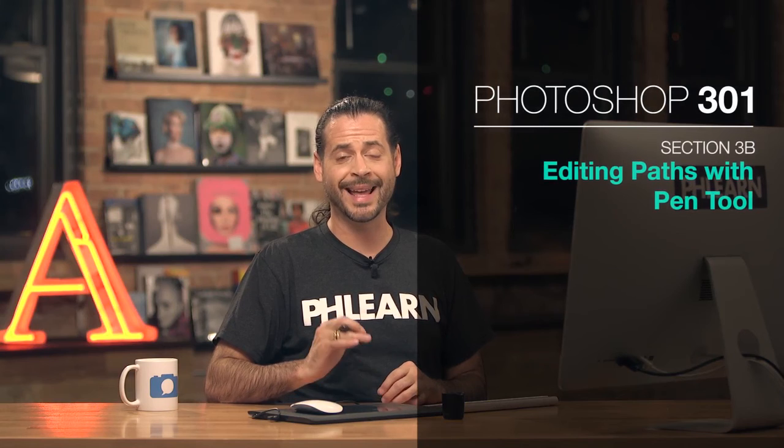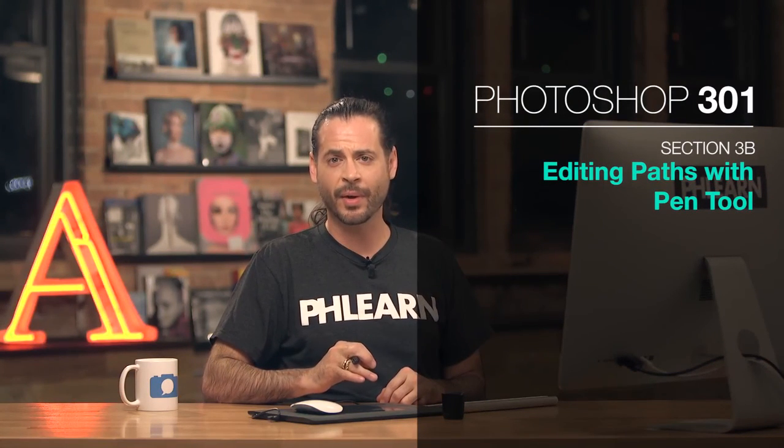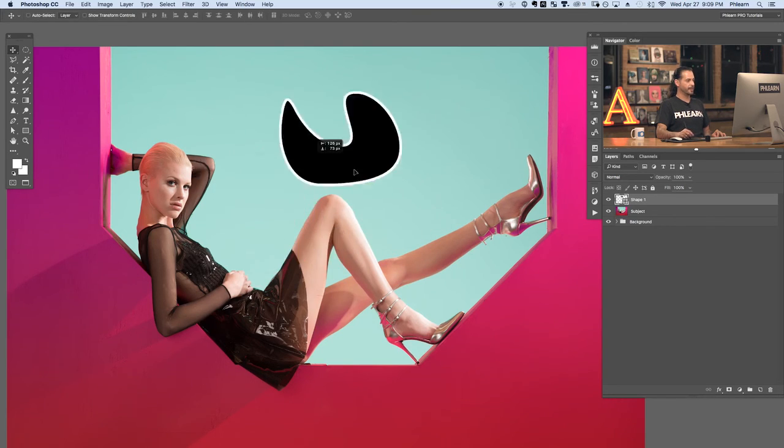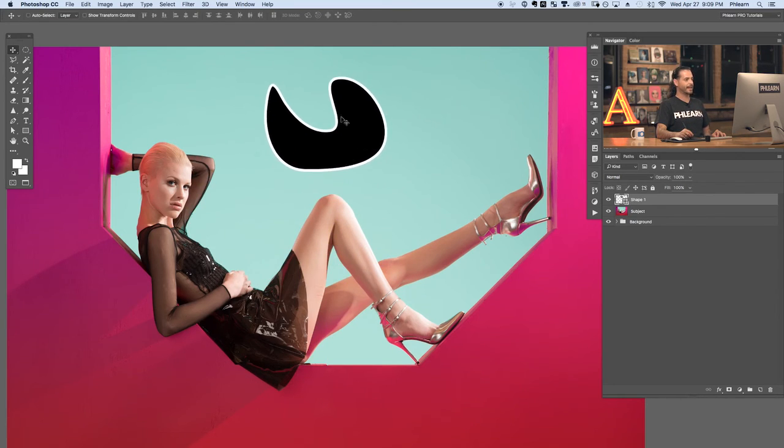So a pen path and a shape basically work the same way. A shape just fills in a path. Now, one of the key benefits of using paths in Photoshop is you can edit them at any point in time. So let's go ahead and show you how to edit an existing path. Okay, now as long as you can see all your points here on your path, you can edit it. Now, let's say you don't see your points. Let's say I'm clicked out here, okay? I want to get back to the place where I can edit my points, because if I use my move tool, I can click and move my shape around here, but you can see, I can't get to my original points. So to get back and actually edit your original pen path, first you need to be selected